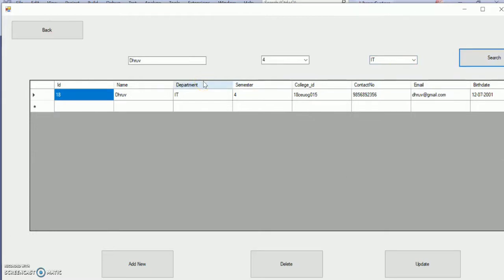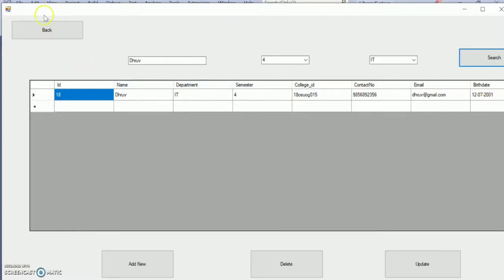Only one row remains, with department IT, semester 4, and college ID and everything. Everything has been filtered out. Only one student named Tirth remains because we searched for Tirth, and we can do the deletion operation the same way also.